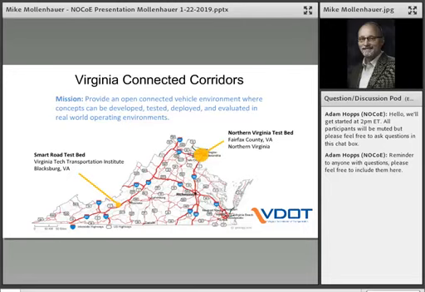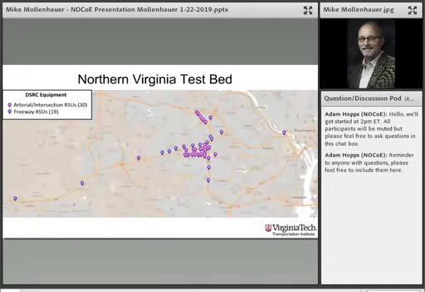Up in Northern Virginia, we have about 50 RSUs deployed just outside the Beltway, kind of southwest of DC. This is a little bit different map of that Northern Virginia test bed. The lighter color pins that you see are on intersections where there are arterials where we have a connection into the traffic signal cabinet. The rest of them are on freeways,